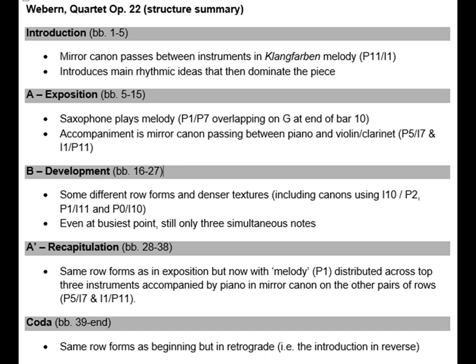in that the music introduces its main material in the bit we've just seen, where we have the prime form of the row and its inversion in the mirror canon, and then we get a slightly more formal exposition of the material, as we'll see in a second. And then there's a development in the sense that it uses different row forms from that used in the exposition. And then a recapitulation, again in the sense that it uses the same row forms as